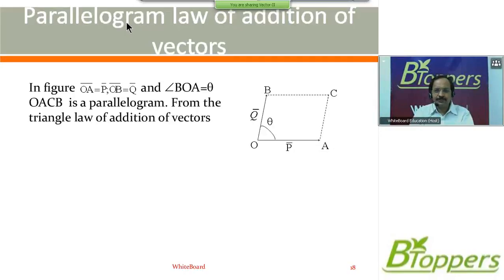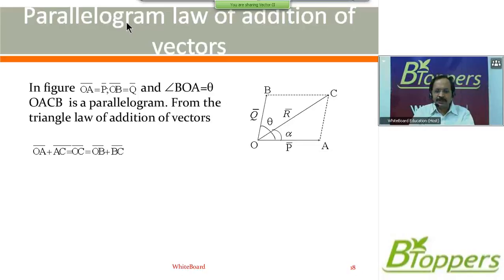OACB is a parallelogram. From the triangle law of addition of vectors, we can write OA bar plus AC bar equal to OC bar. For the other triangle OBC, you can write OC bar is the resultant of OB bar plus BC bar. So in the figure, you can observe that